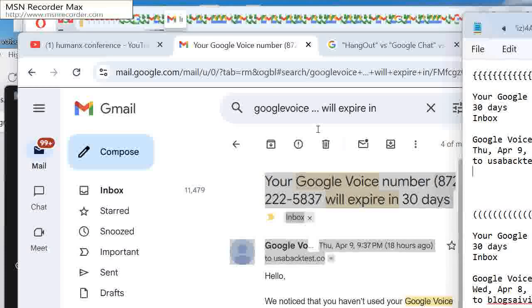and then I'm going to paste it into my notes as the next topic. I'm going to create some space at the top of my notepad, and this one will start with a bunch of left braces or opening braces. Paste the message from Google Voice concerning the number will expire, and end the section with a bunch of closing